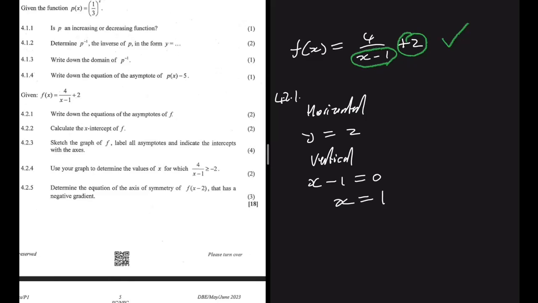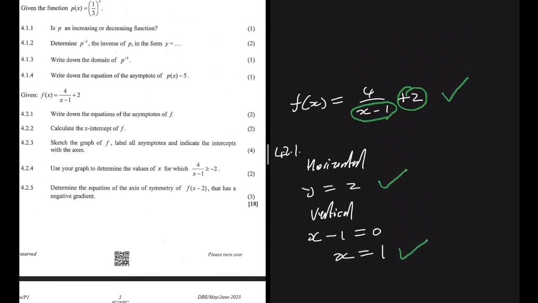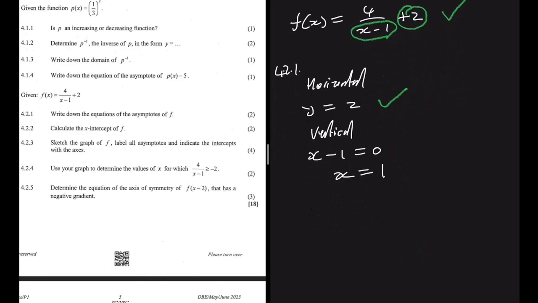So we have our horizontal asymptote and we have our vertical asymptote. That is 4.2.1, right? The value that is in here, this value right here, will always be your horizontal asymptote. If it was minus 3, then our horizontal asymptote would be minus 3, right? That's how it works. And then now moving to 4.2.2,